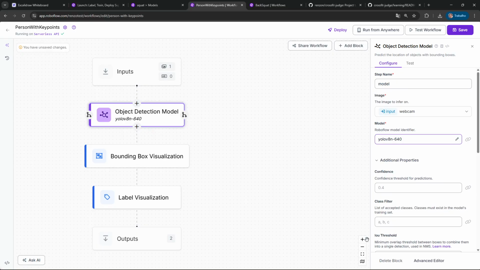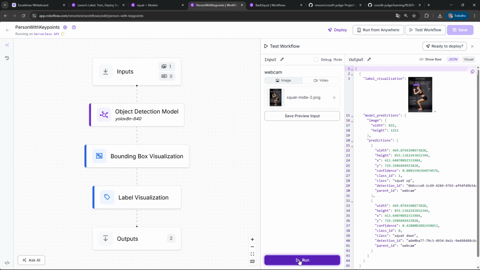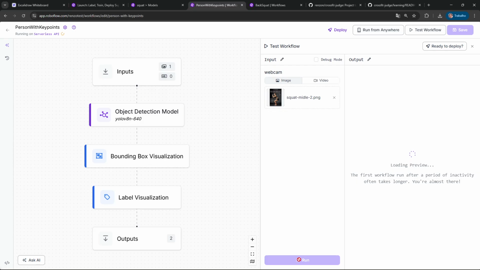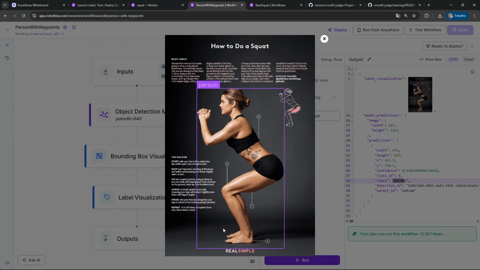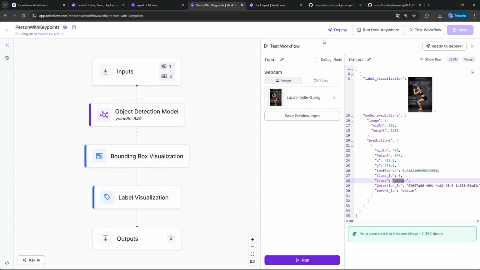The regular one is only going to be able to say that it's a person. I can say, let's run it, and you are going to see that this one is only going to classify, okay, this is a person, and that's the only thing it is going to do. But I can at least use that, right? So see the class of the classification, so this is a person, and I can use that in my final project, but I needed something else to make the calculations about a right back squat movement on CrossFit, right?